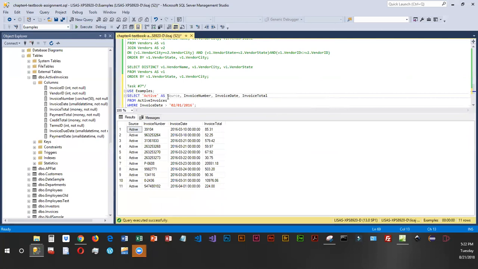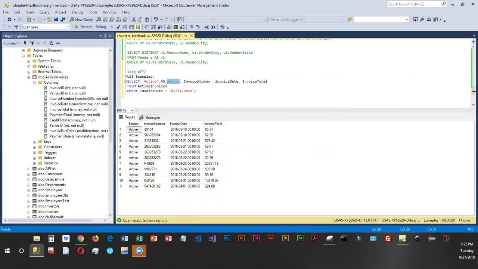Okay, and you can see we created this column and we put the word active in it. So it's kind of like a calculated column in a way. We're just displaying a description. And then we've got invoice number, date, and total, which it's actually pulling from the table. And we are going to comment this one out and do one that's slightly different. So for this next one, actually I lied, we're not going to comment it out. The next one we do is going to be very similar,